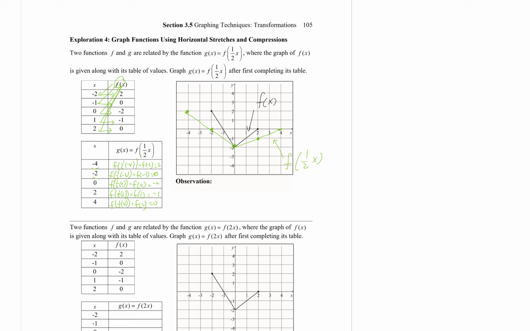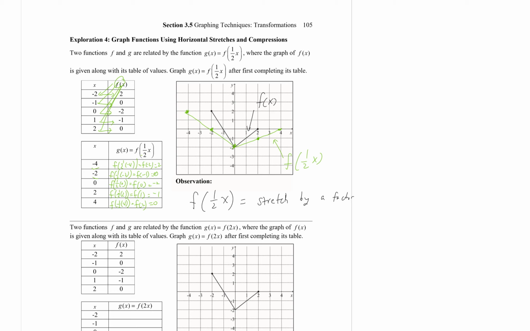The range from -2 to 2 is still the same for the original black graph and the green one I just drew. They're exactly the same. The range does not change. Do you see that? It's from -2 to 2 for both. So how did it change? You notice it stretched horizontally. So then, wait a second. When I multiplied a half to the x inside the equation, it stretched, and by a factor of,